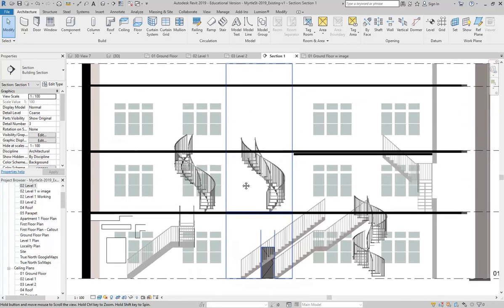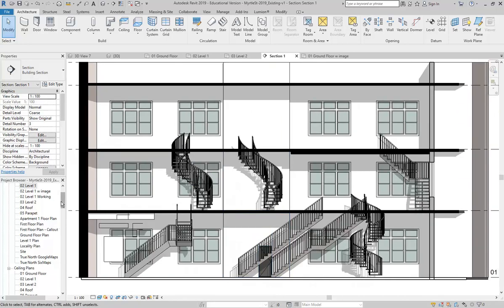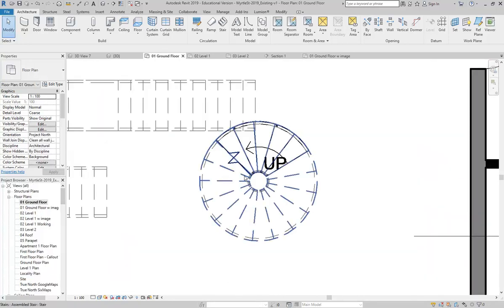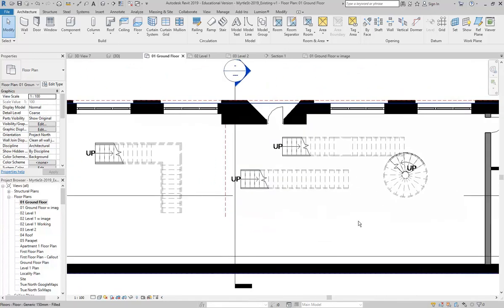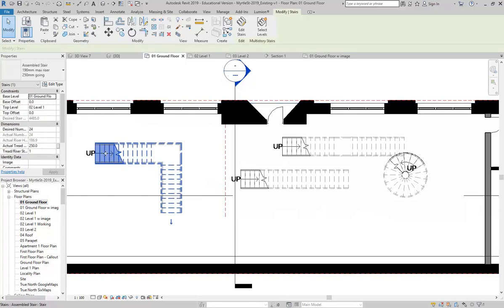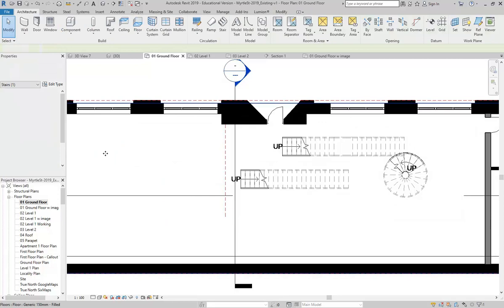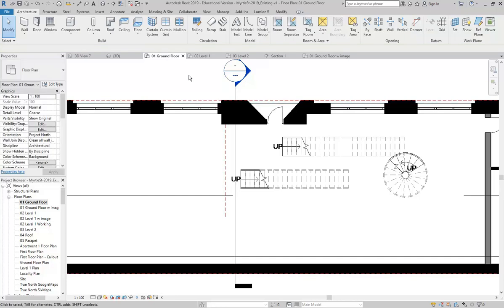So there was one final thing I wanted to look at with the Stair Tool though. So just coming back to the ground floor. Imagine if you want to make a stair that isn't one of these standard shapes. Have any of you come across the option that you need to use for that? If you want to make a custom shaped stair? Okay, I'll just show you. So when you're using the Stair Tool,